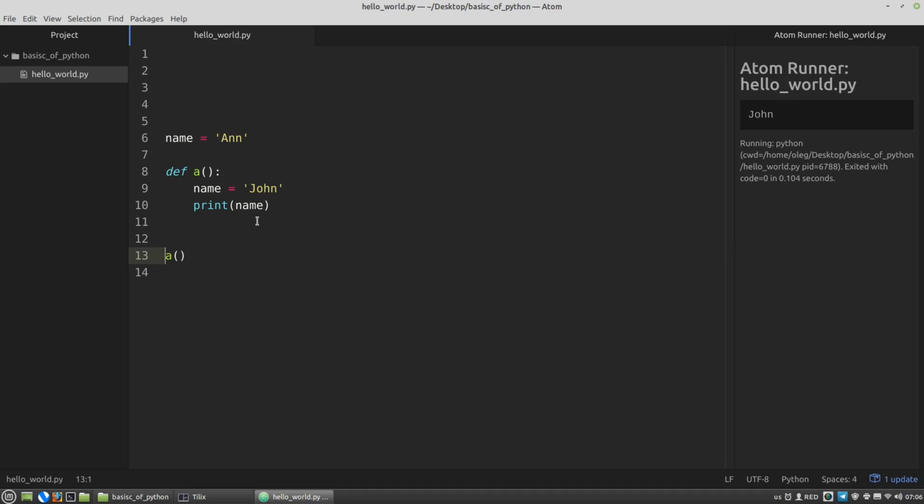enclosed namespace is one notch higher than local, but not global yet. Then is the global namespace, the level that has no indentation. And finally, built-ins. It's built-ins module level, which is implicitly imported when the interpreter starts, and which contains all the built-in types and functions. The functions like print or dir or locals and so on are defined in the built-ins module. We can use them right away without any importing.